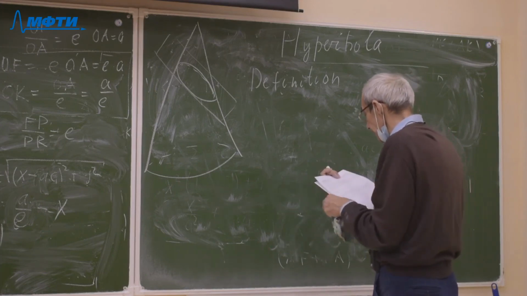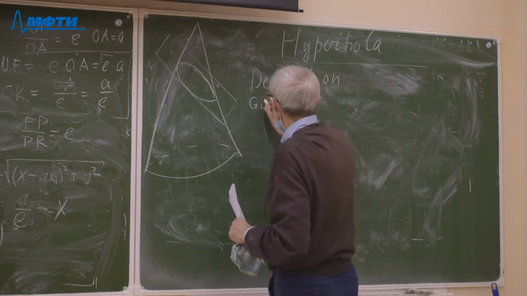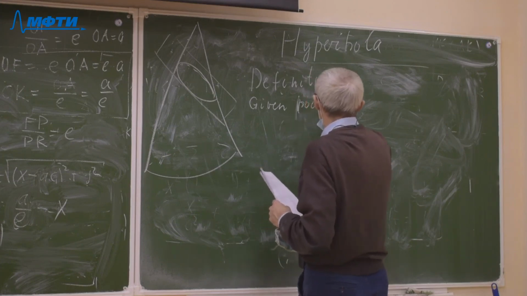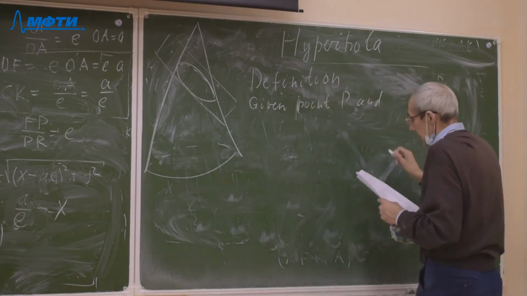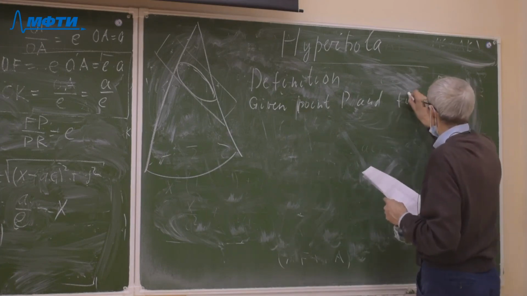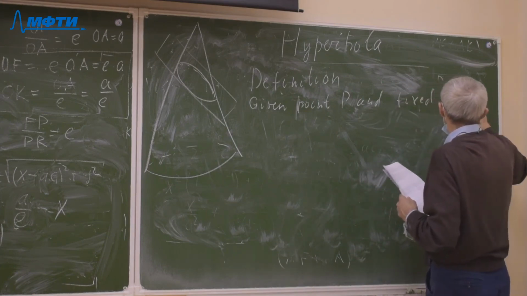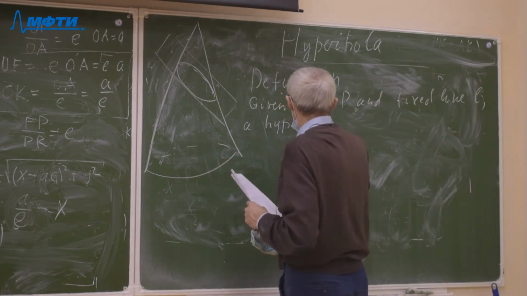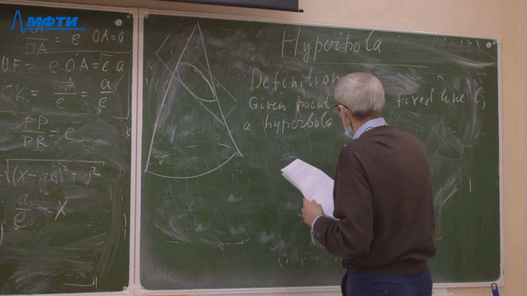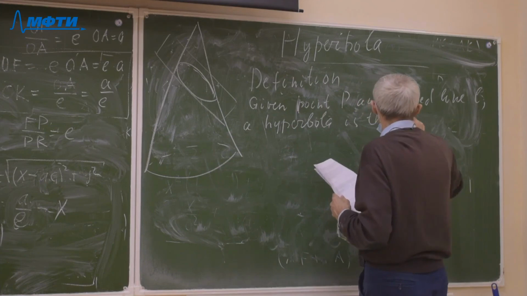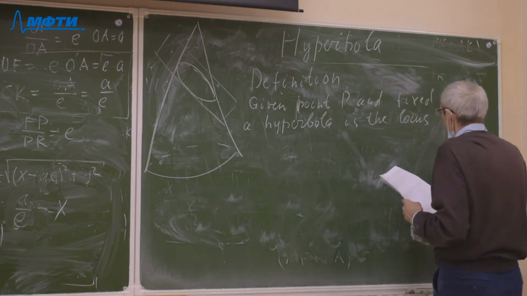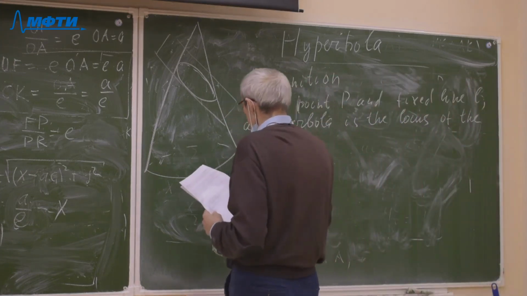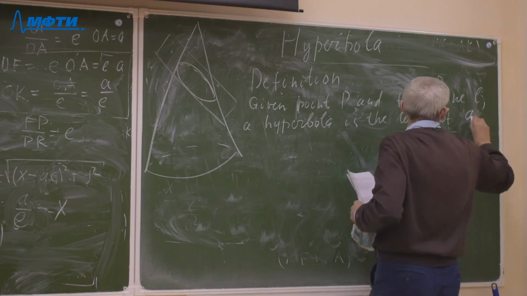The definition: as above, given point P, point F, and a fixed straight line L. Hyperbola is the locus of the moving point P,